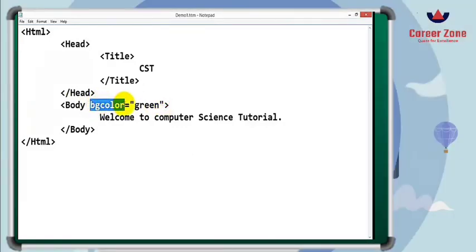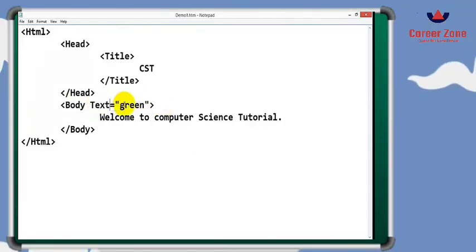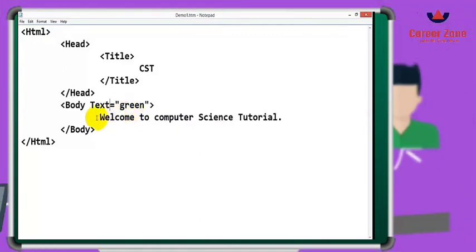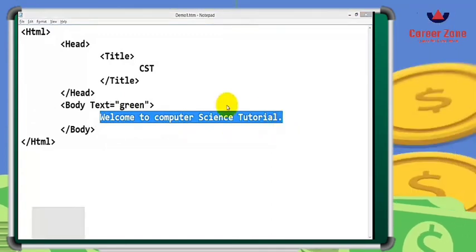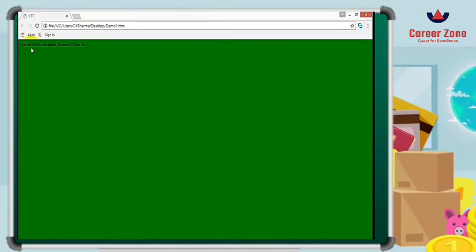Now let us see another attribute, which is text color. Text color means the color of the text which is written inside the body tag, or the content which you have written inside the body tag, the color of that content will be changed, right? So this color is going to be changed.